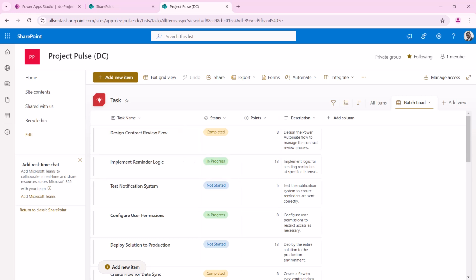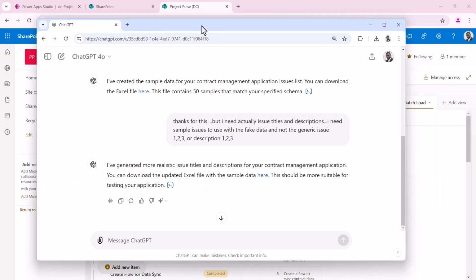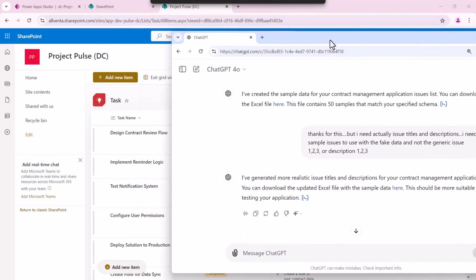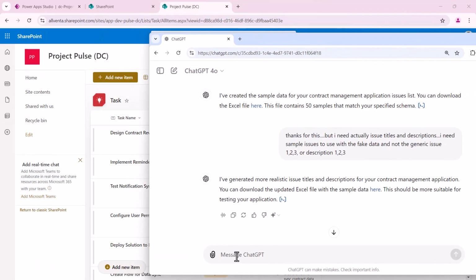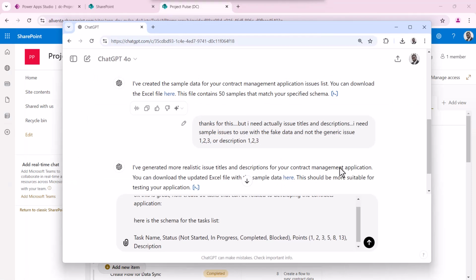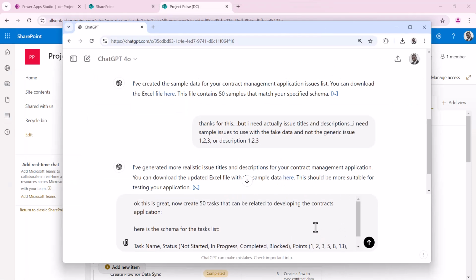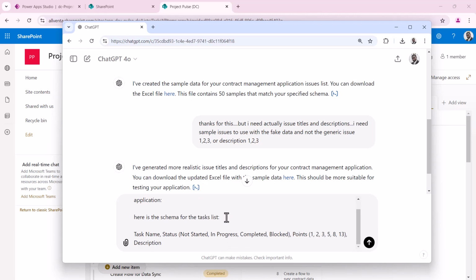And now, since we did all the work initially to get our issues in there, which should be a lot simplified here because the context within ChatGPT is maintained. So now we can simply go here and it says, okay, this is great. So now I'm just going to take the previous context and say, okay, this is great. Now I need 50 tasks, developing the contracts application. Here's my schema for my task list. And then I just simply go